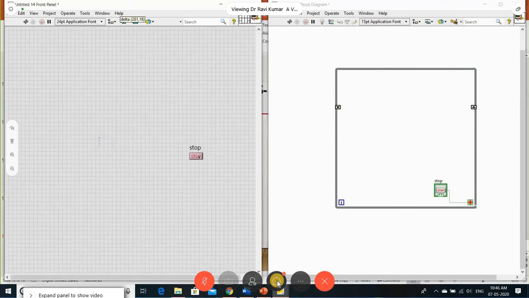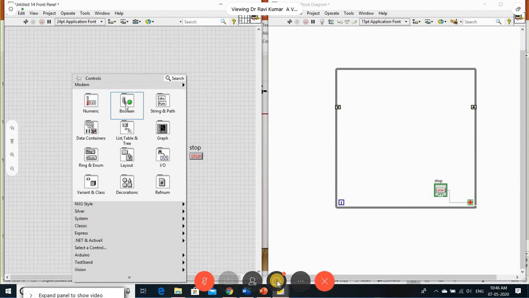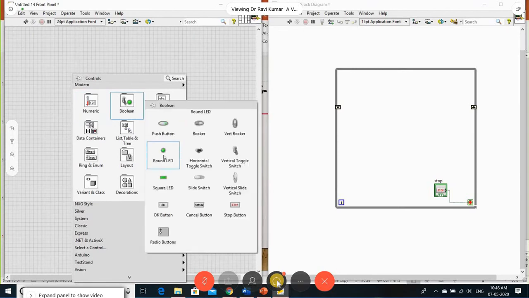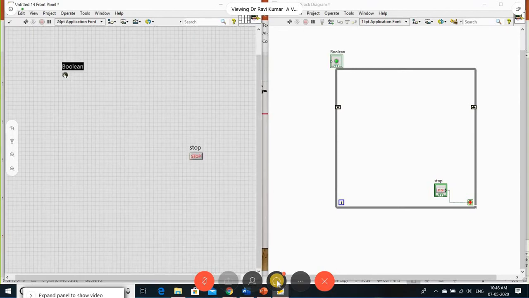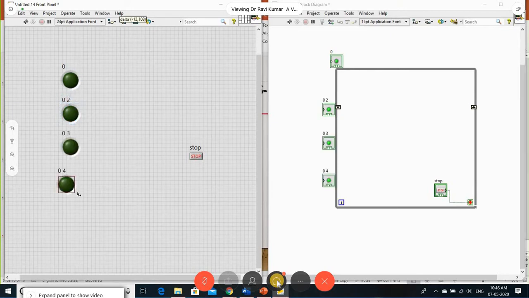So what I'm going to do is take some LEDs to be displayed. I'm taking 4 LEDs.